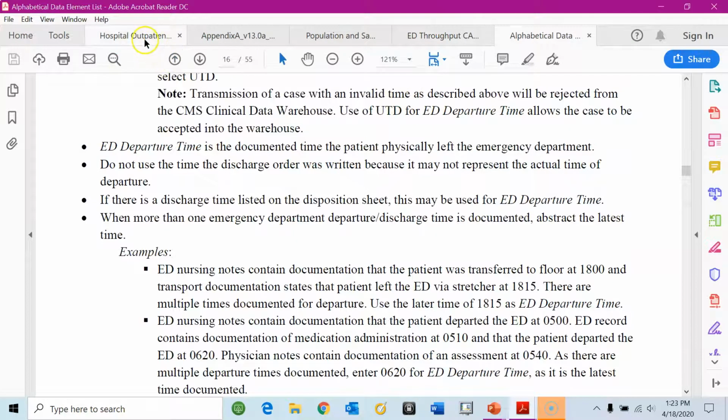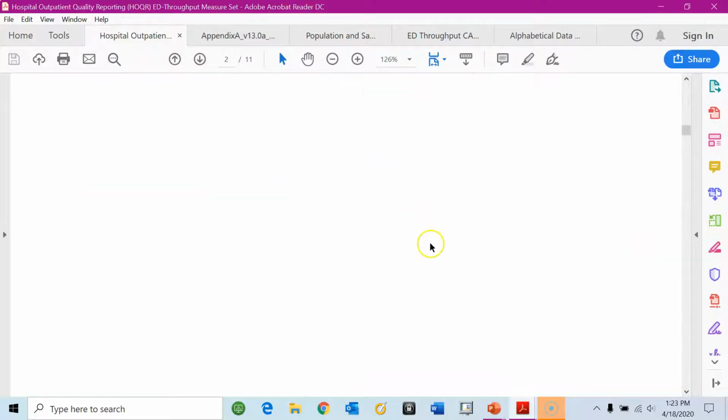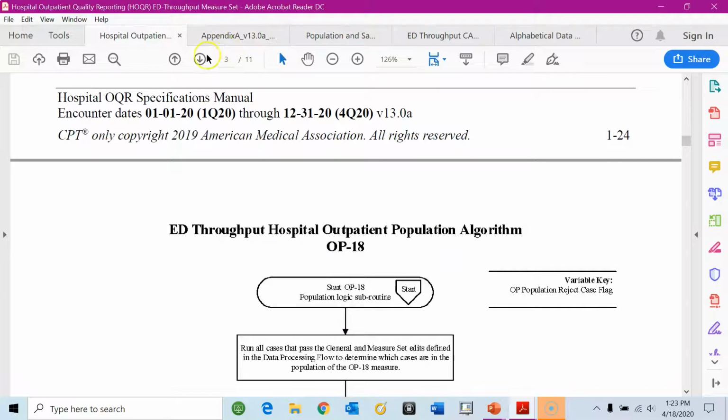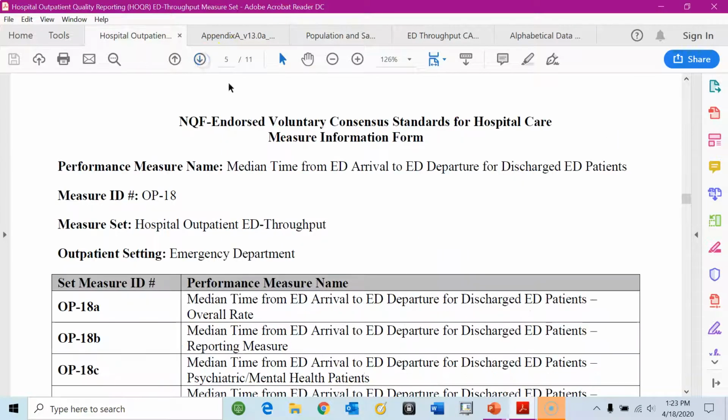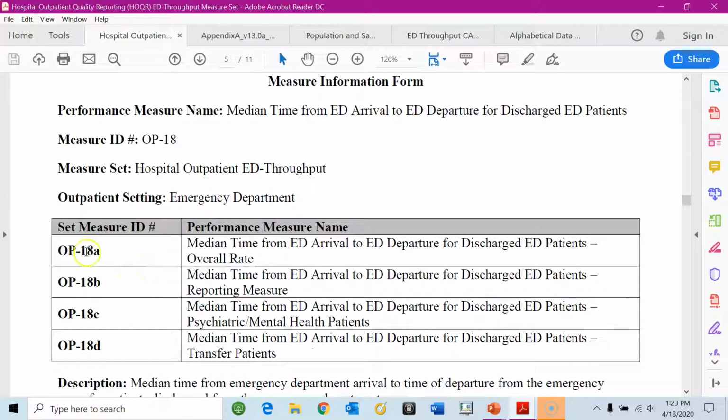Something else I want to show you, if we're back in this section, again, this is for OP-18. If you're doing the measure, and I apologize for scrolling again, but I want to show you. When you get to OP-18, you might see it referenced on reports as 18A and B and C and D. When you're abstracting, that's irrelevant. You don't worry about A, B, C, and D. You abstract like those measures that I showed you with those data elements. What happens here is